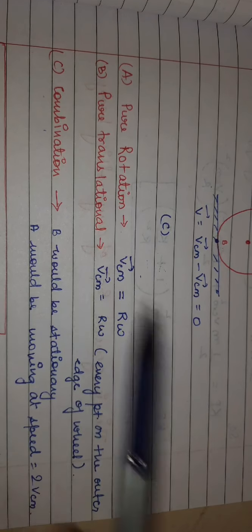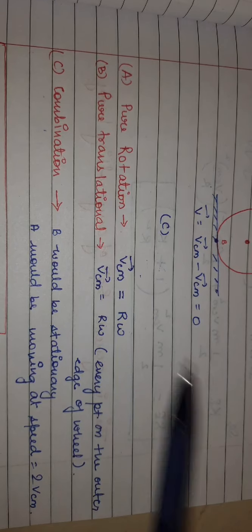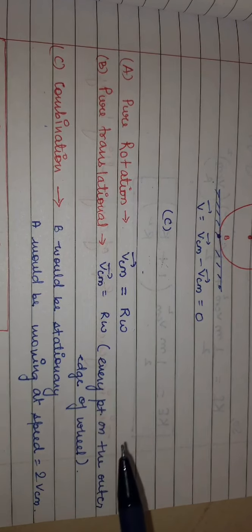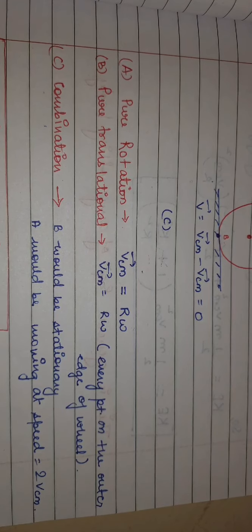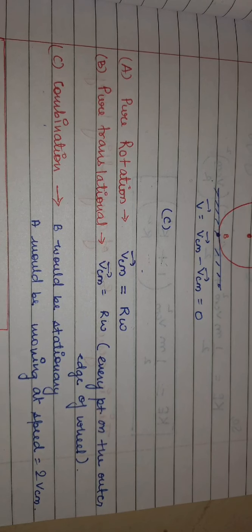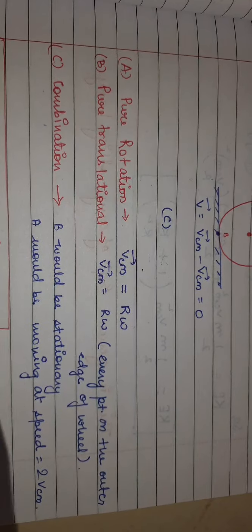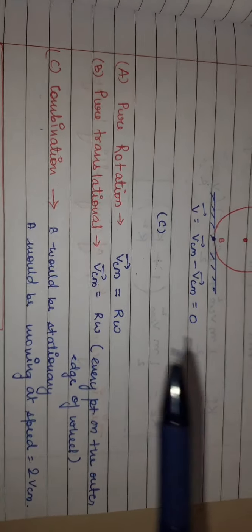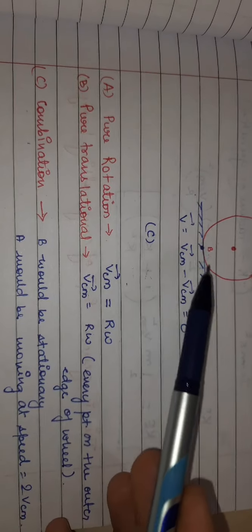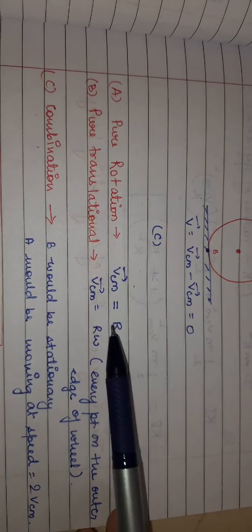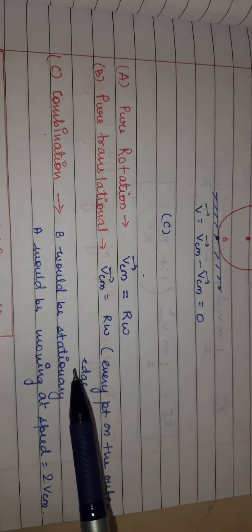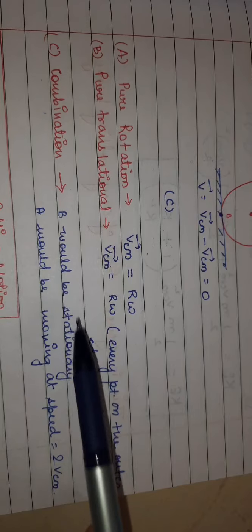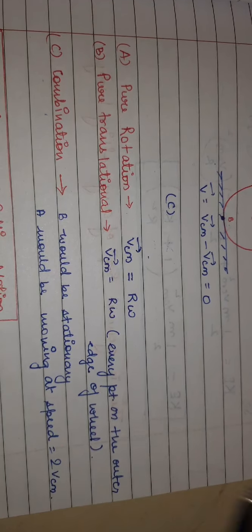And if we talk about pure rotational motion, then it can also be written as VCM, because every point on the outer edge of the wheel is moving with it. Whatever point you choose in translational motion, that point travels with the center of mass velocity, and in rotation that can be written as r omega. When we combine both, the total velocity with which point B was moving comes out to be 0. This means that in pure rolling motion, B is a point which is stationary, and A is a point which is moving at a speed of 2 VCM.